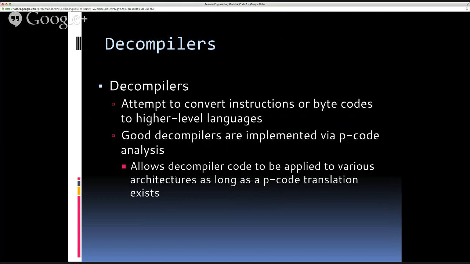And this is because a good disassembler is going to support many different architectures out of necessity. You have ARM, you have Intel, you have different variants of Intel. So a disassembler's got to understand all those low-level details, and they're very architecture specific. But when you're decompiling code, you really care much less. You don't really care at all, for the most part, about the low-level architecture-specific things